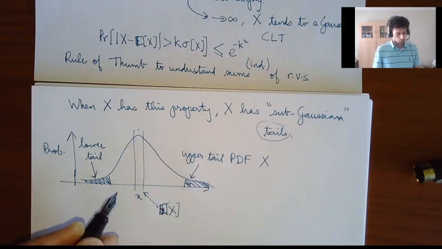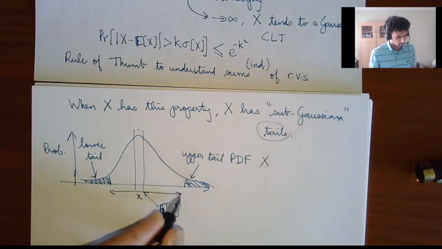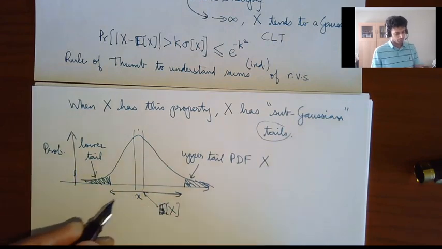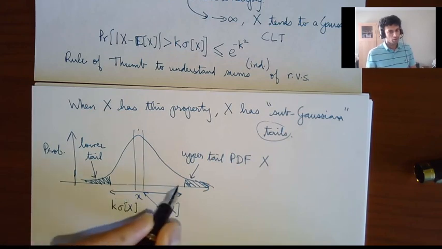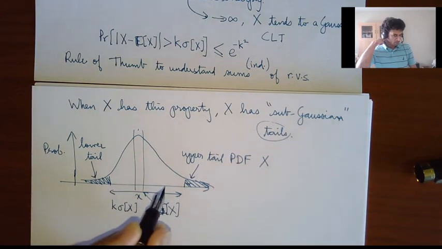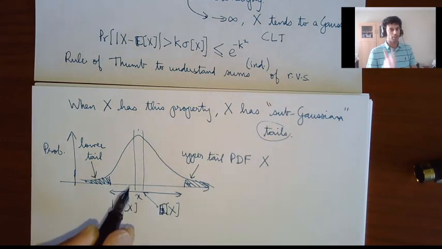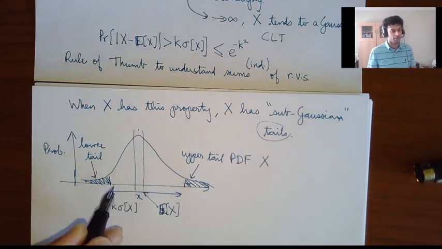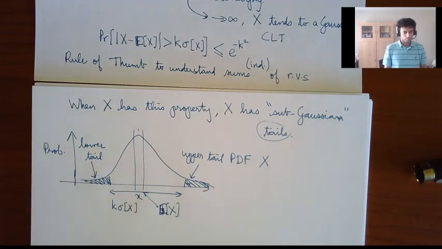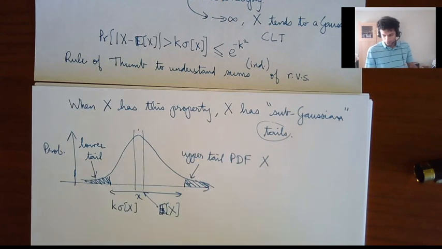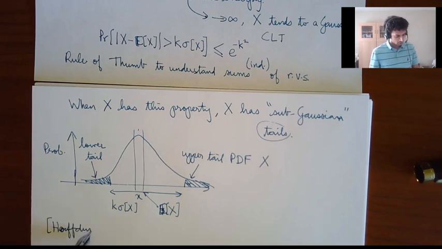I mean, this is a cartoon, but typically this is really, really small. And this is usually what is like k times your standard deviation. So there's your random variable. Most of the probability mass exists within a few standard deviations. Then after that, it drops off very sharply. Now, the most basic concentration inequality, and this is called the Hoeffding Bound.